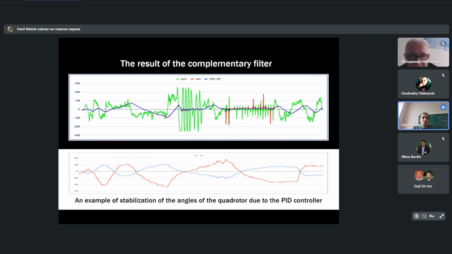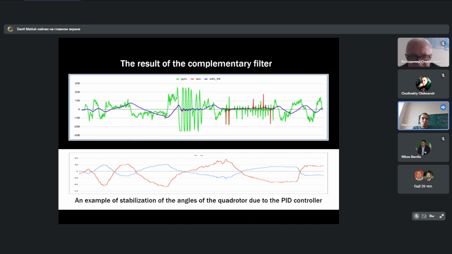The result of the complementary filter shows the figure of sensor readings from a quadrotor. The green line is the angle computed from the gyroscope reading. The gyroscope is subject to zero offset instability, and the zero point of the gyroscope drifts in time through the integration of the position angle. That is, the error is integrated. As a result, the angle gradually increases. The red line is the angle according to the accelerometer.